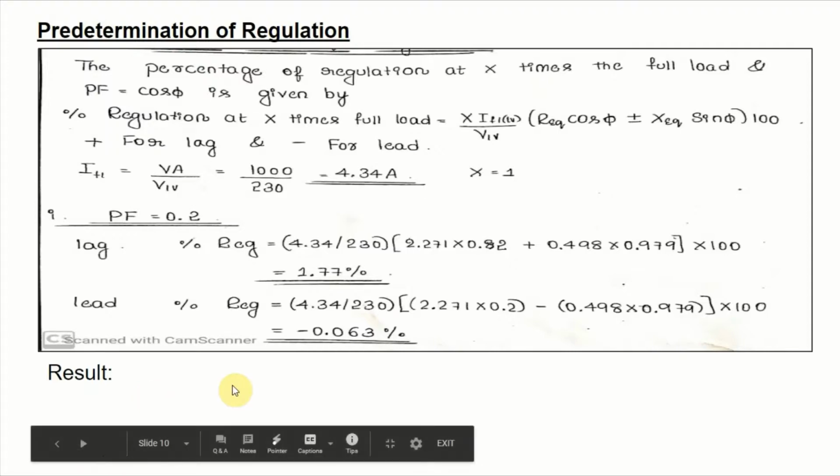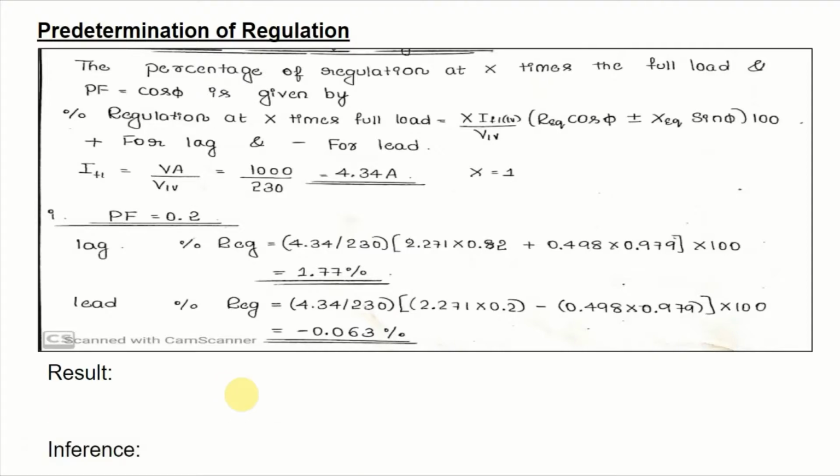In this experiment we have simulated both OC and SC tests on two identical transformers. From the OC test and SC readings we have determined the equivalent circuit parameters. Using those we can predetermine the efficiency as well as regulation of a single phase transformer for given loading condition and power factor. The advantage of this test is that the power required to carry out this test is very small. The energy lost is equal to the total loss in the transformer, which is very small. So this is used for very large transformers for which ordinary load tests are very expensive.